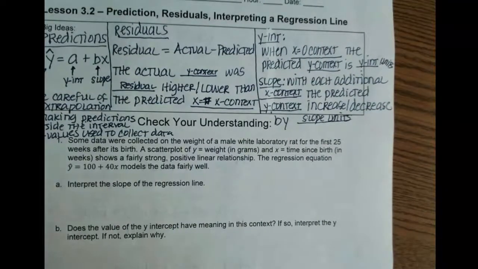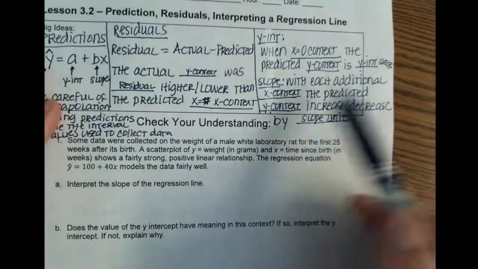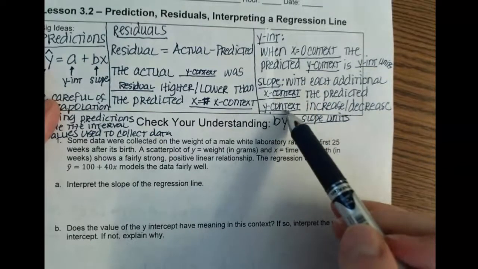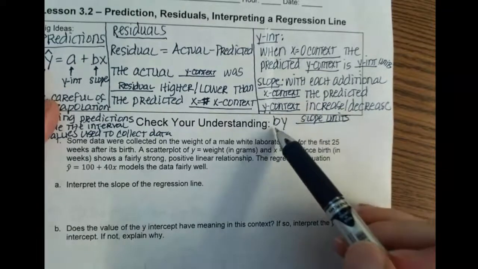Okay, so with each additional whatever x context is, the predicted y context will increase or decrease by the slope. So with each additional rubber band from the front, the predicted distance traveled increases by